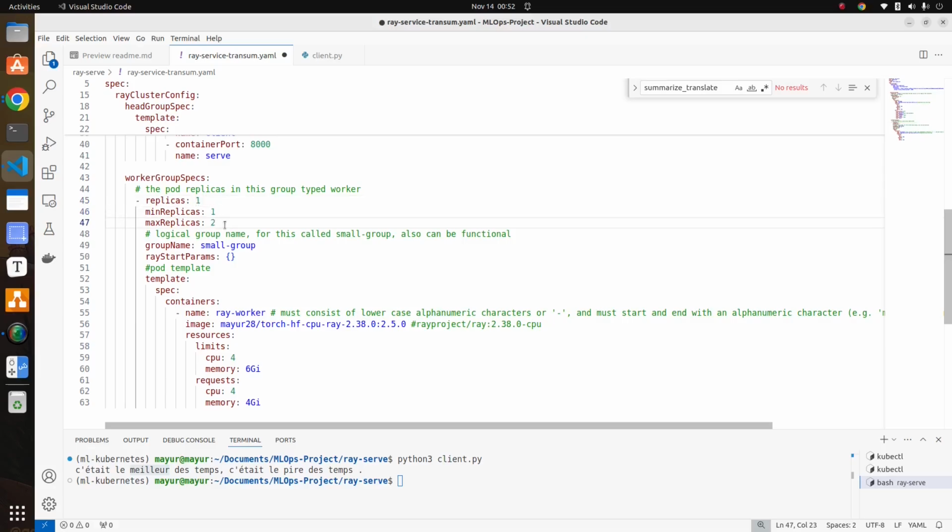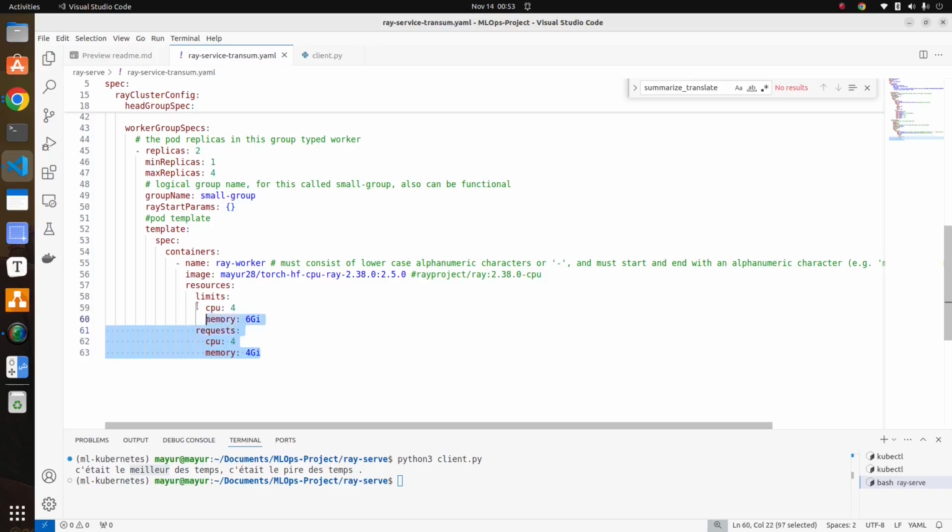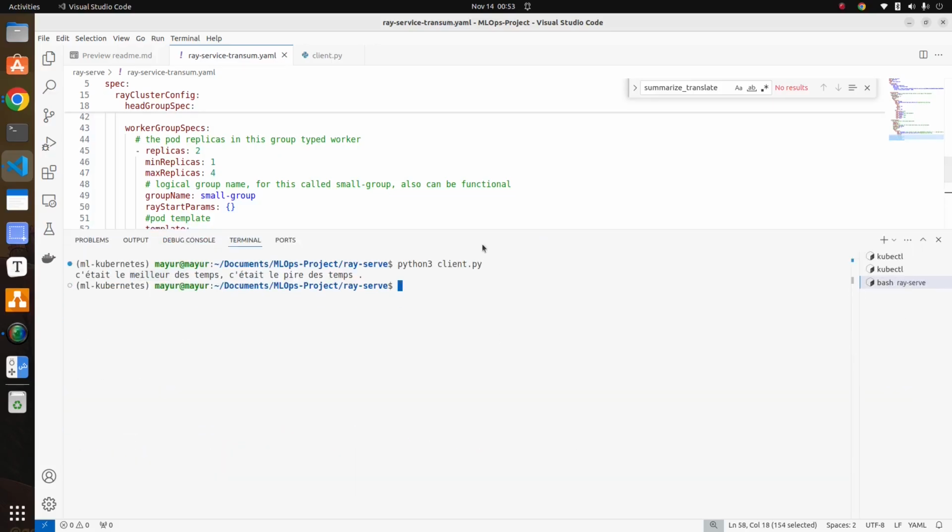If I give 2 here, and 2 for min, like 4 at max it can go. Yeah, let's keep it like this. By default I want to run 2 replicas, it should have a minimum of 1 replica and it can have a maximum of 4 replicas. So this is my configuration. Now I'm not sure if this will run because it requires this amount of CPU and memory. So what I'll do is